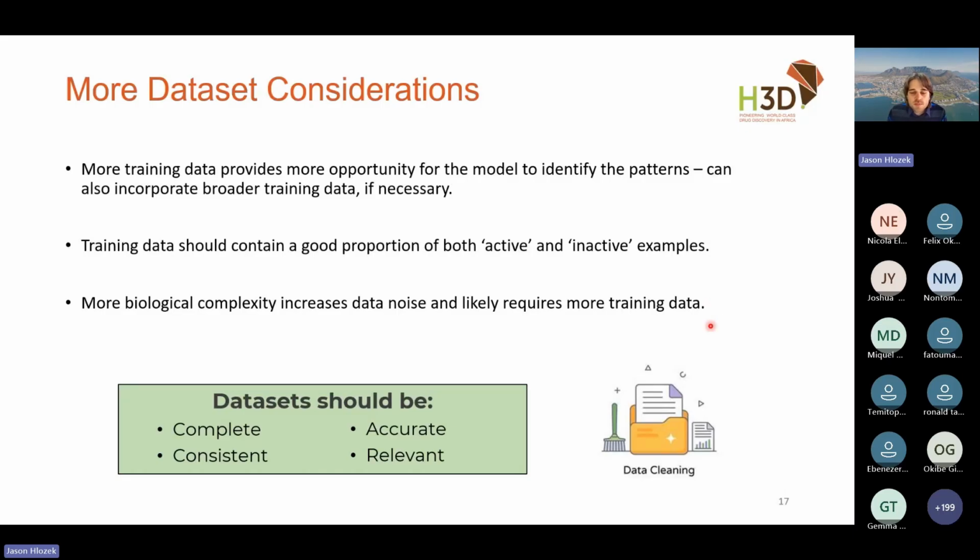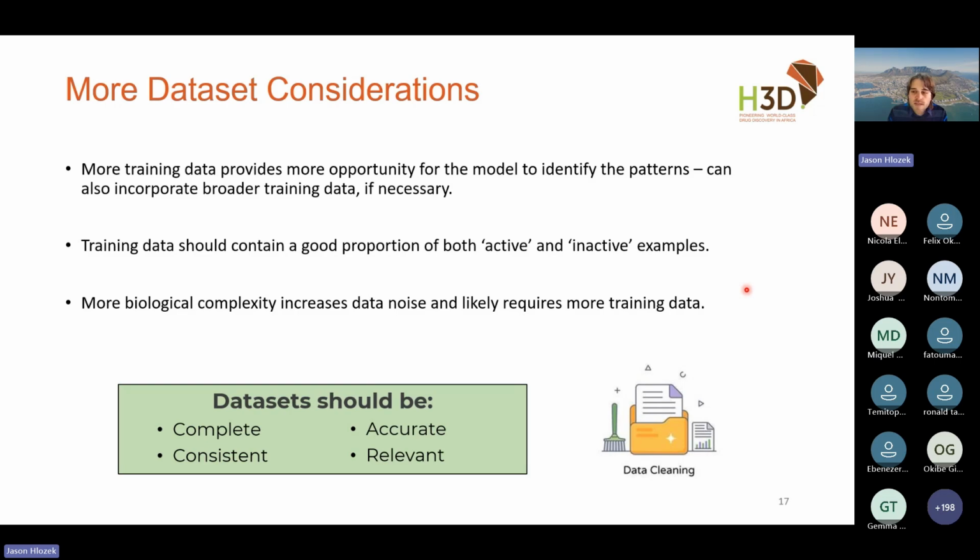And then last thing to just keep in mind is as you are training models on different types of data sets, is just to think about how much complexity is in the assay. So for example, if I've got a protein inhibition assay, that tends to be quite a standard and clean assay. There's just the protein in a dish, and we're just checking if the molecules go in and bind. Compared to a whole cell activity assay, there are much more factors going into that. Is it actually permeable through the membranes and getting where it needs to go, for example?